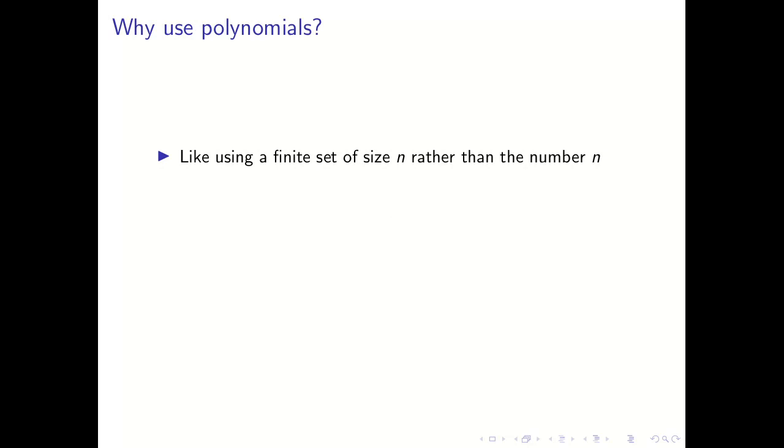Well, the first thing I would say is there's a potentially useful analogy between thinking about what would happen if you used a set of size n rather than the number n. So, like, this would contain more information. We have the elements of the set that is getting carried around, not just the size of it. And when we're performing operations on that set, we can exploit the fact that we have this knowledge of the elements. And when we're thinking about generating functions, we're thinking about something similar to this analogy here.